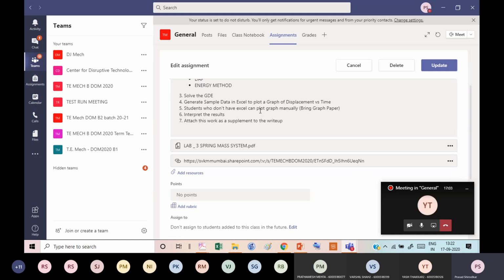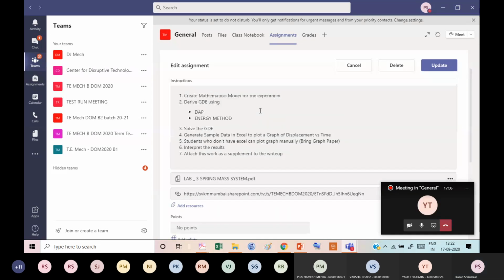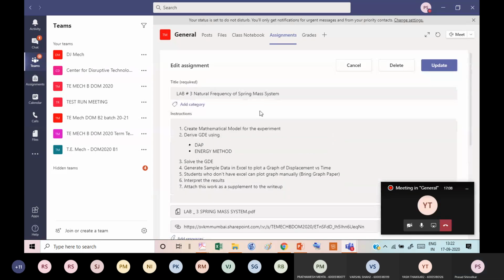Has everybody opened that assignment? All of you have got the assignment. Are you able to locate that assignment? Yes, sir. Okay, so if you see, some instructions are given. So first thing is to create a mathematical model. So you have a spring mass system. So first we'll do some